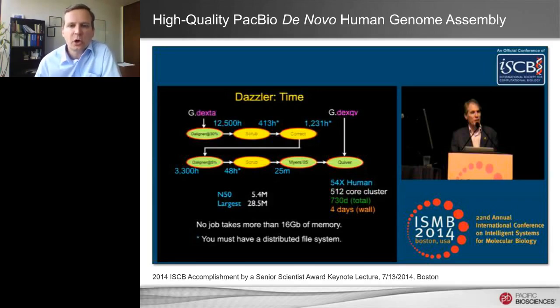This is a screenshot from a talk he gave about a month ago at an award lecture in Boston, where he describes assembling the human genome with an assembler that he developed in 4 days, wall-to-wall, with a standard computational cluster. No step of the process takes more than 16 gigabytes of memory. And so he got an assembly with a contig N50 of 5.4 megabases, so even higher than what we and Adam Phillippy were able to achieve. And so this demonstrates that also the bioinformatics part is now there to make the high-quality de novo assembly of